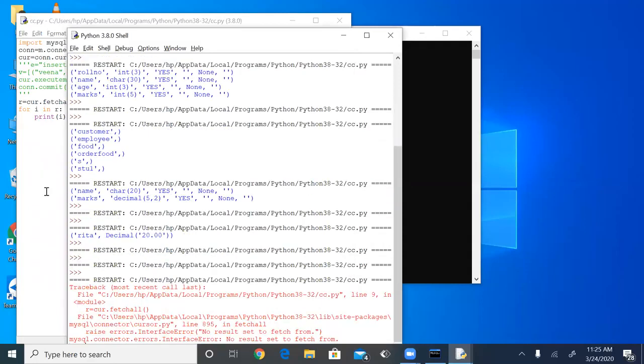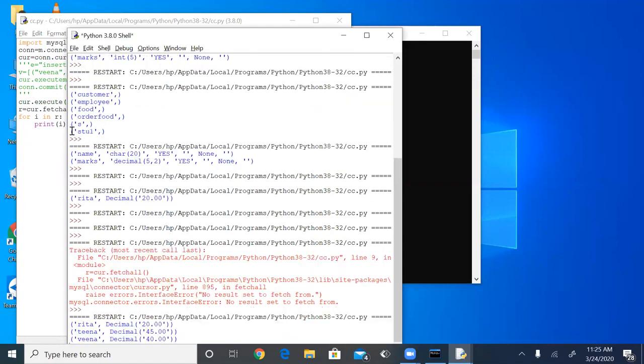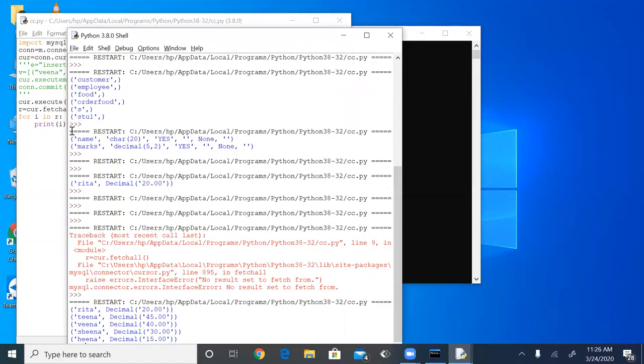Yesterday we discussed fetchall. In the fetchall function I've skipped the execute command. cur.execute select star from S. Now you can execute the command and you can see it has shown the things